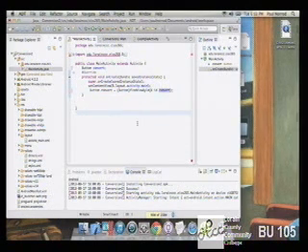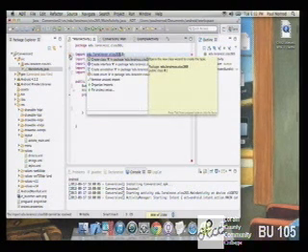Now, notice something's wrong right off the bat, right? We have a little error here. Why do we have that error? This is one that is going to